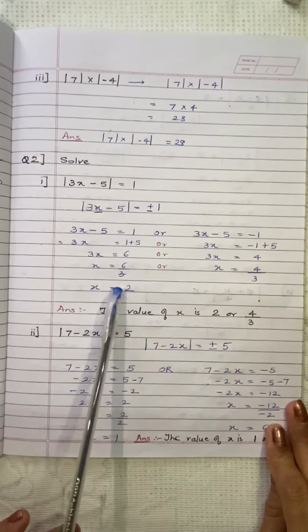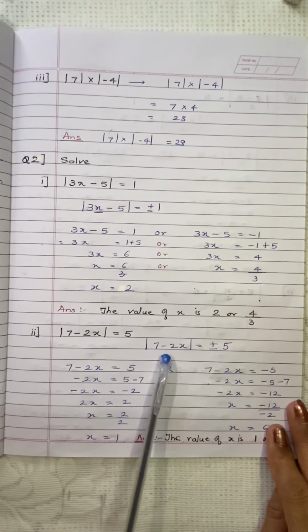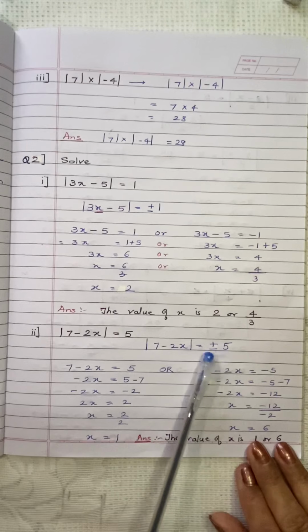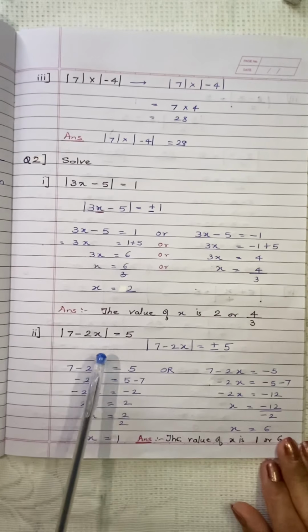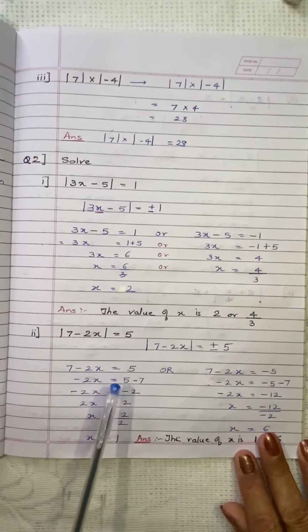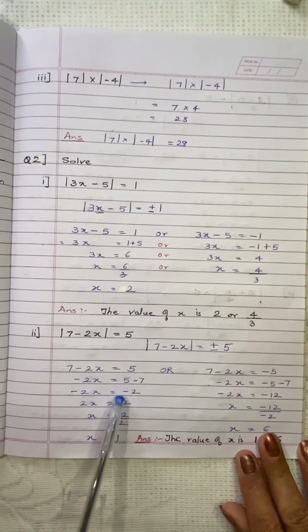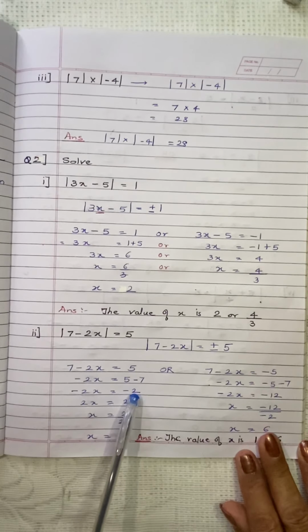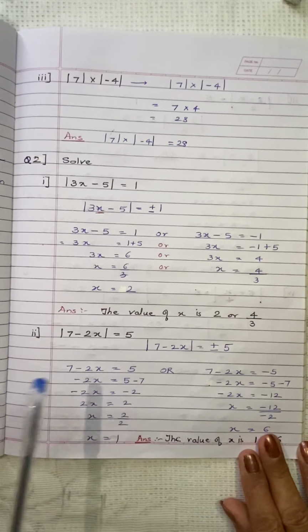Sub question 2, absolute value of 7 minus 2x is equal to 5. So again here also we have to consider plus 5 and minus 5, and we have to solve it by both the positive as well as negative sign of 5. So 7 minus 2x is equal to 5. Then minus 2x is equal to 5 minus 7. Taking this to the right hand side becomes negative. So negative 2x is equal to negative 5 minus 7. Negative units are more in number, so 2. And left hand side is negative, right hand side is negative, automatically the sign is removed.